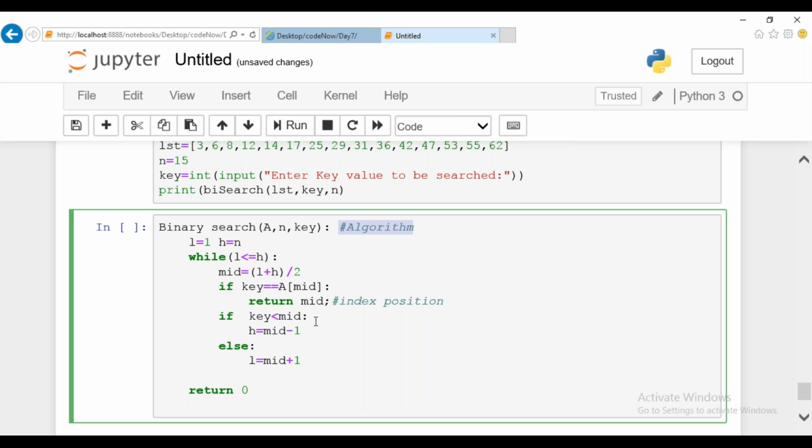Guys, is that clear? The same example I told you, we converted into a program. I didn't add anything, just setting 1 to n. Until my low value is less than high value, I'm going to iterate. Each time, I'm going to find a mid value. If the mid value is equal to the particular array index value, I'll return my mid as the output, the index position. Else, I'll check whether it is lesser or greater than your key value. Is this clear?